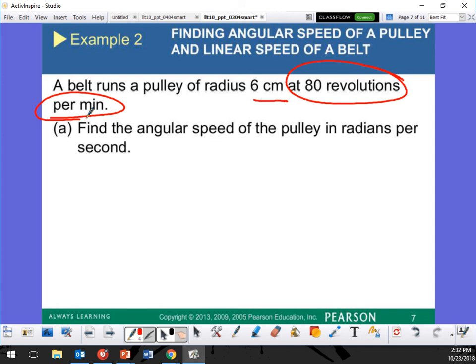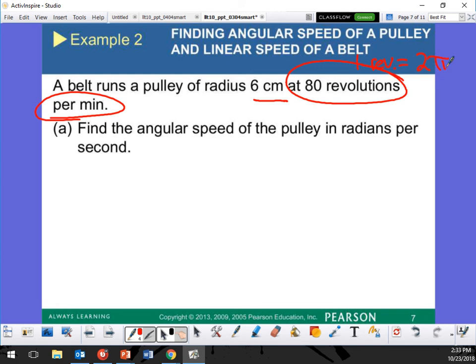So we know that 1 revolution is equal to 2 pi. Since this is not on your units or on your notes, maybe this is something that you could add there that would be helpful. Hint, hint, write that down. So 1 revolution is 2 pi. But it's revolutions per minute. Revolutions per minute. So I'm going to set this up as a